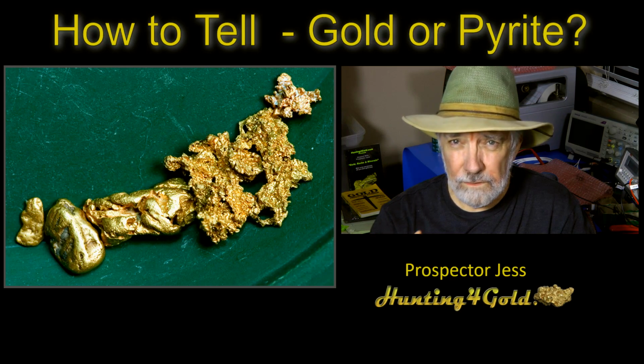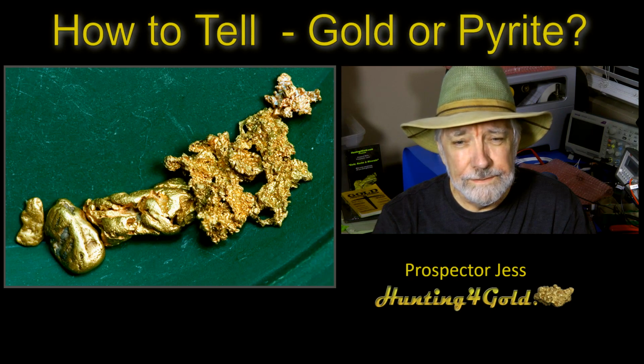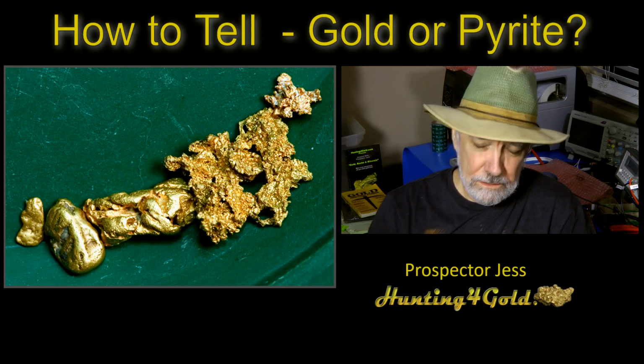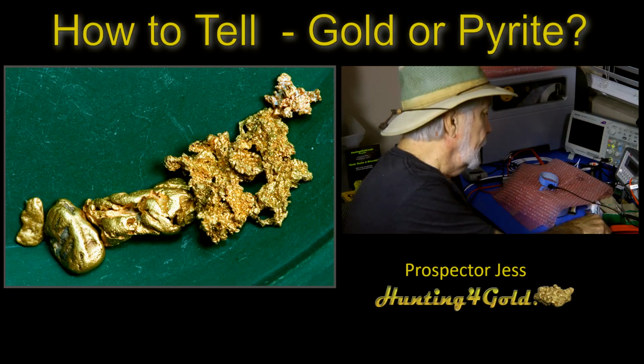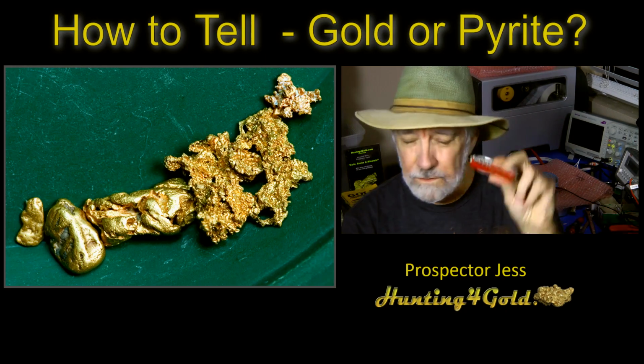Even with the iron sulfur, you still want to be able to do your own investigation. So what we're going to do tonight is talk about the simplest thing I can do to distinguish pyrite. One of the first things you can do is get out your handy dandy, everybody's got to have one of these, autographed, in Switzerland no less,